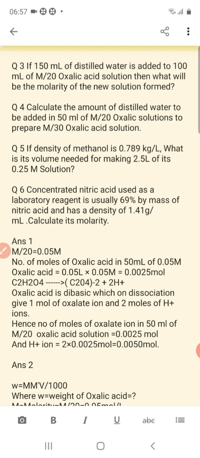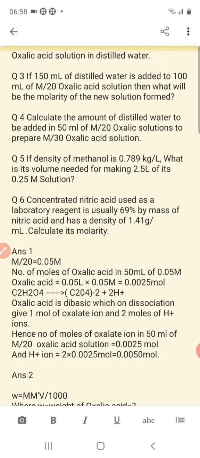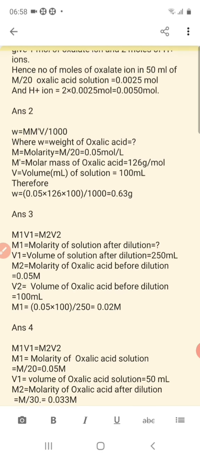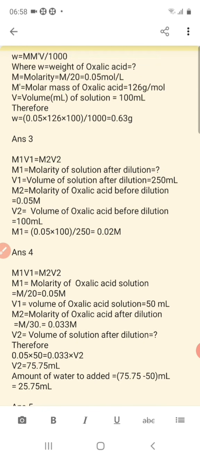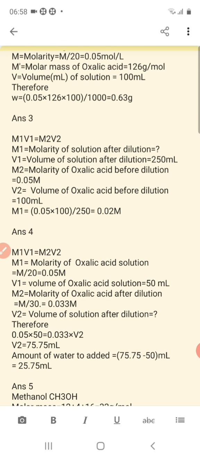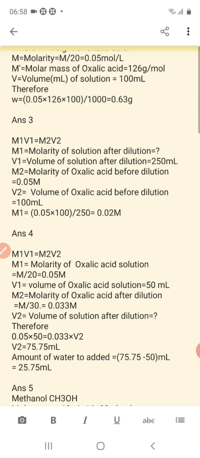So in this question, the total volume of the solution after dilution will be equal to 150 plus 100, that is 250 ml. Now the 100 ml of oxalic acid having molarity M/20 was diluted up to 250 ml. Now for dilution we can use this molarity equation, that is